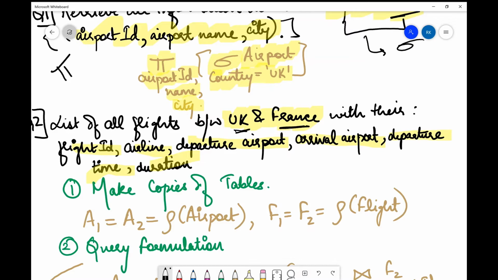That means there will be two cases: a flight departing from UK will be reaching France, and vice versa, when departing from France it will be only reaching UK. So we do not require the flights which are departing from UK and traveling to any other country except France. In order to remove all those cases, we also have to consider this part, and this makes the query a bit complex.